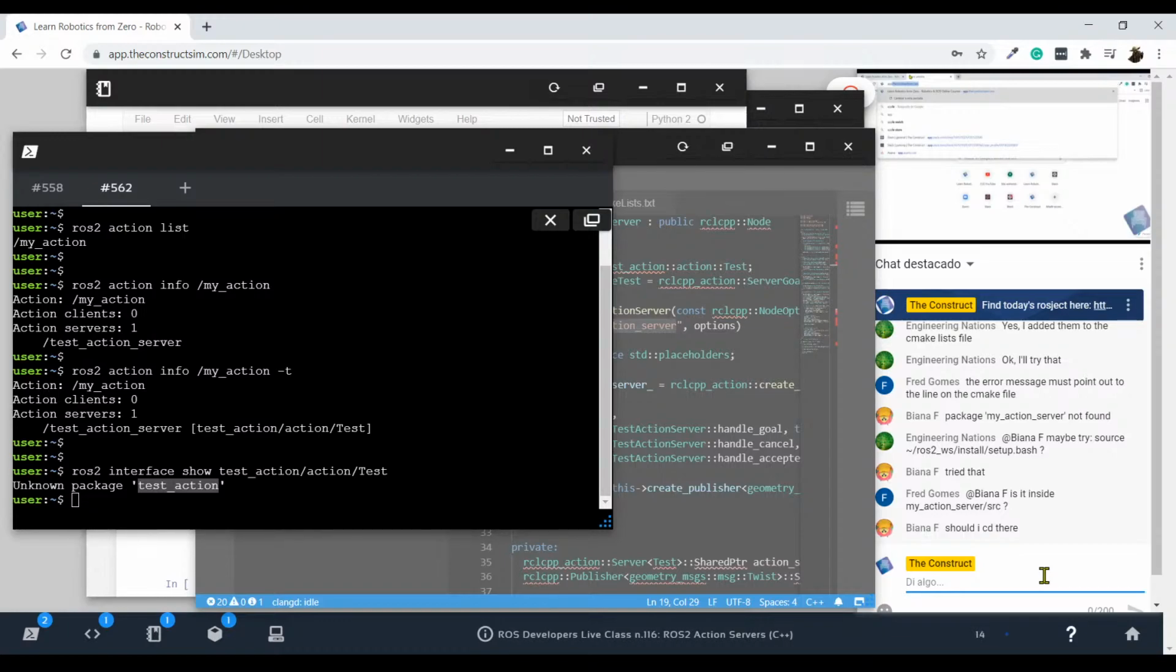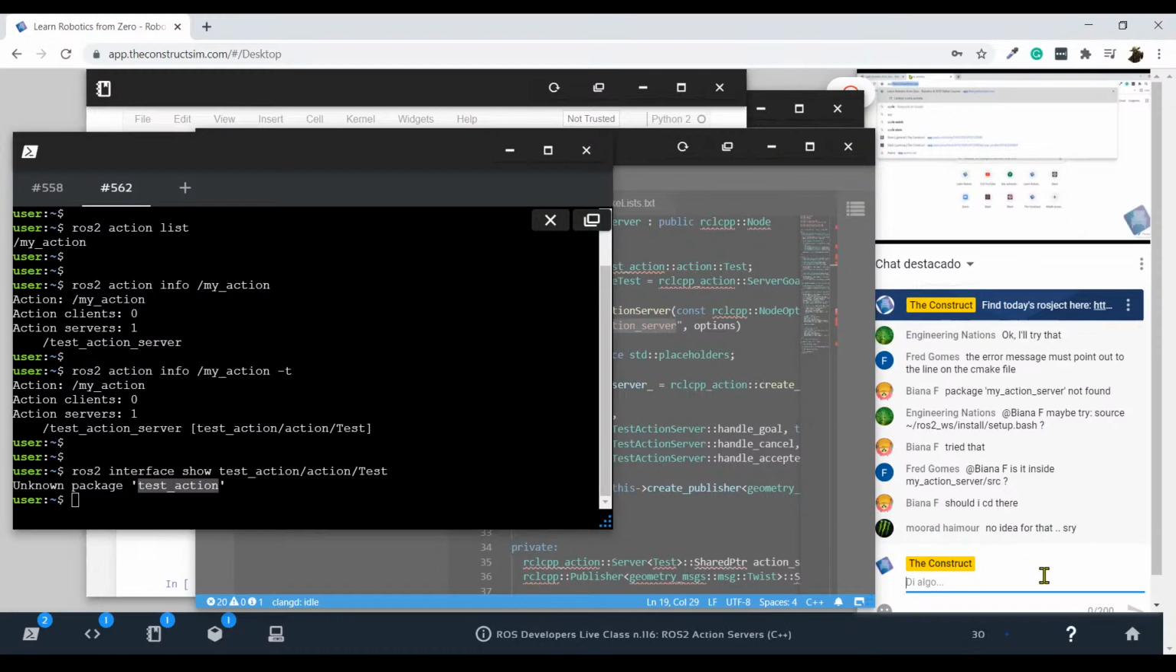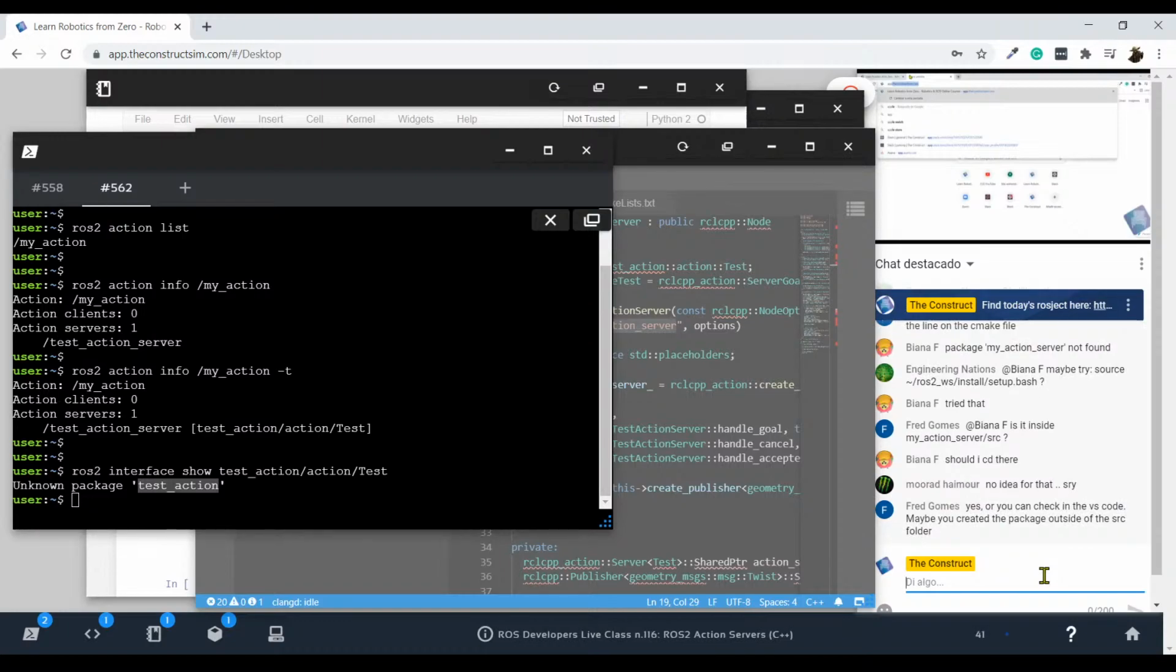Let's see if somebody comes up with the right answer. Does somebody know why I'm getting this error? Or what should I do? No idea for that? No? Okay, so it's related with something. I can see that you are talking there in the chat. It has some relation with a message I can see here from Engineering Nations, which says,